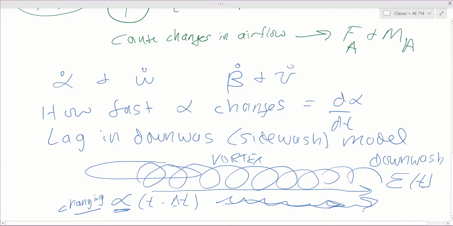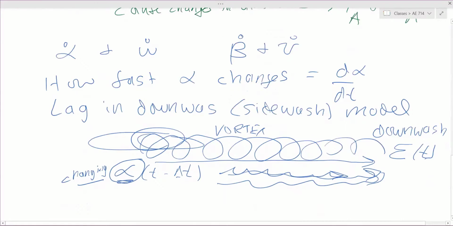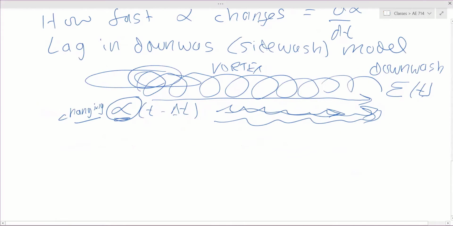So if alpha is constant, there is no lag, because alpha is just alpha and it stays at 10. But if we go from 10 to 11 in 1/1000th of a second, that change in the airflow around the wing takes a while to get back here, and that is going to be modeled as an alpha dot effect, because, and you don't see alpha dot anywhere in here, but